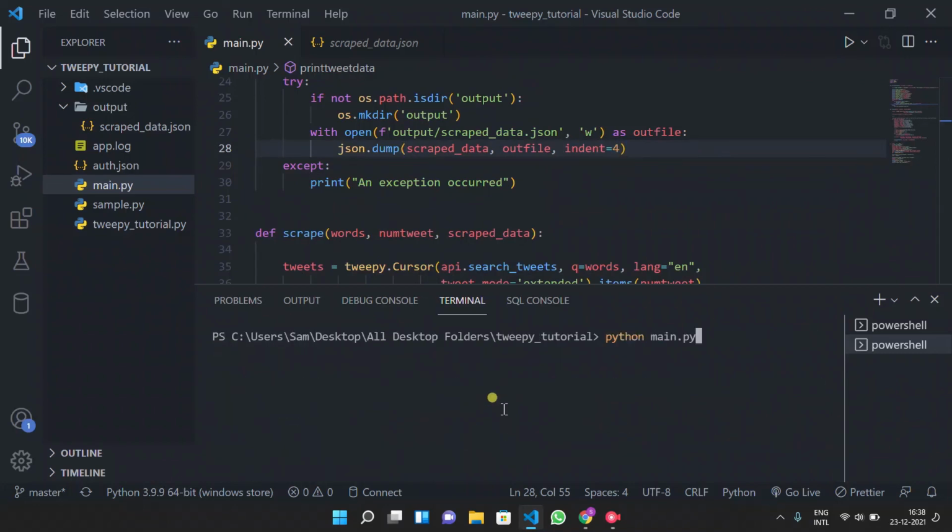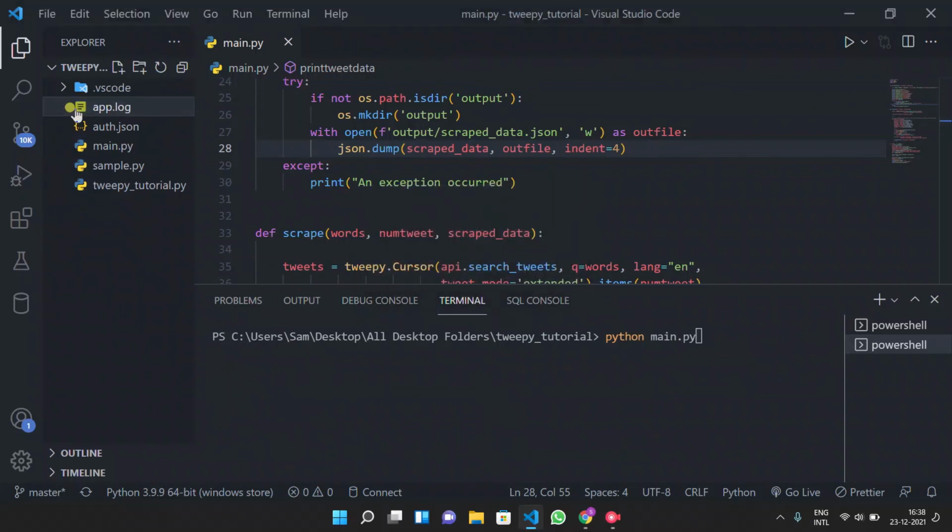Okay, now let's see for one more. First we will delete this file. Suppose I want Elon Musk tweets, which contain Elon Musk as the hashtag or in the tweet.